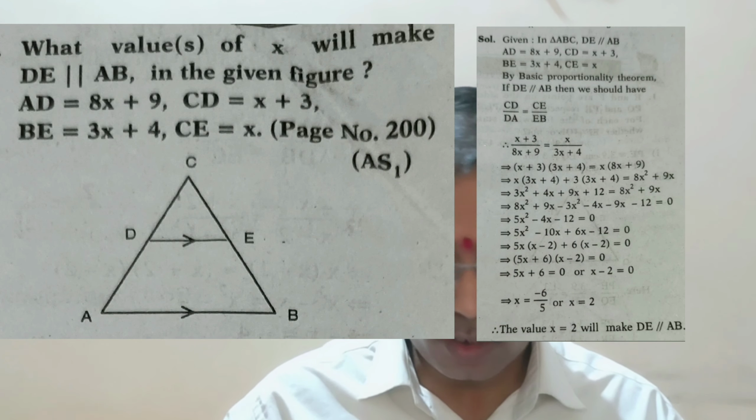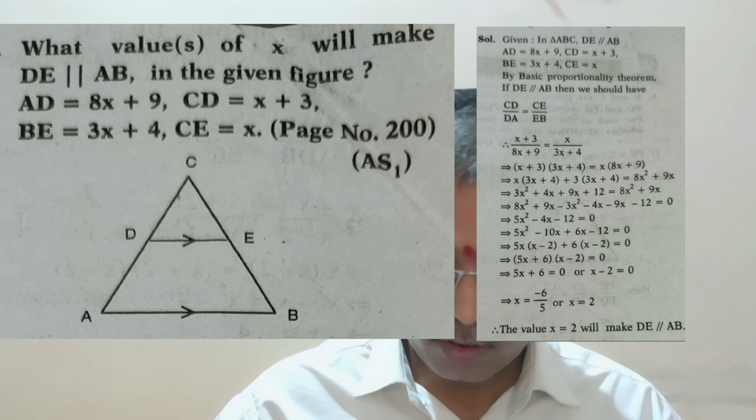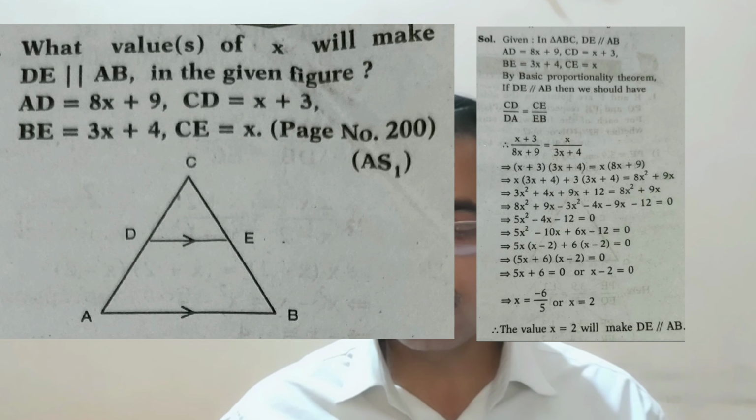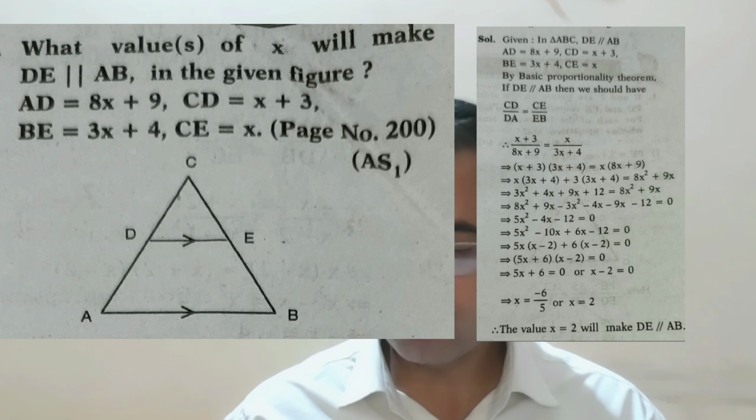And next question, in the given figure, LM is parallel to AB, AL is equal to x minus 3, AC equal to 2x, BM is equal to x minus 2, and BC equal to 2x plus 3, then find the value of x. And then we have one more important sum like this for your practice purpose.